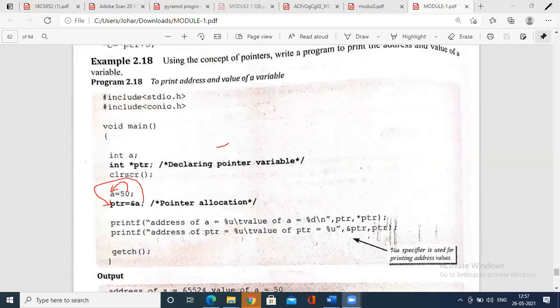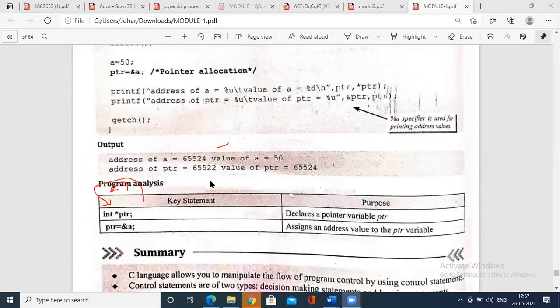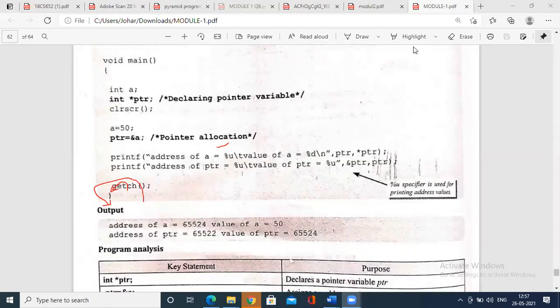Now you can see the output here, all of you. The address of a is 65524. At 65524 you have a value called 50. What is that? It is the variable called a, and address of a is this.